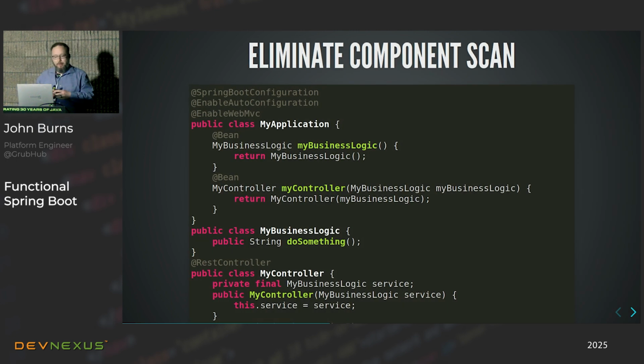So here's a Spring Boot application that is not using component scan. We are not going to scan for classes annotated as @Repository or @Component or @Service. We are going to explicitly tell our Spring configuration class which beans to create. So this is a lot more explicit, and this works really well with Modulith because then you can create multiple configuration classes that each are responsible for one vertical slice of your application, right? And it gives your application structure.